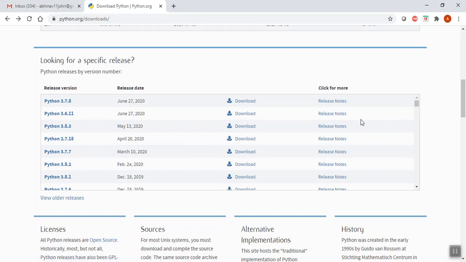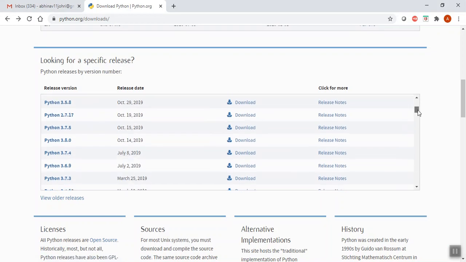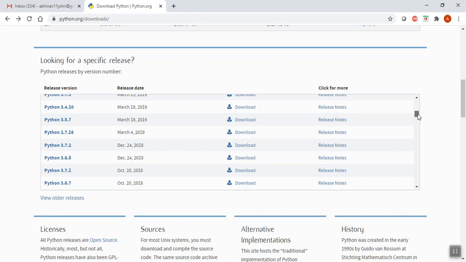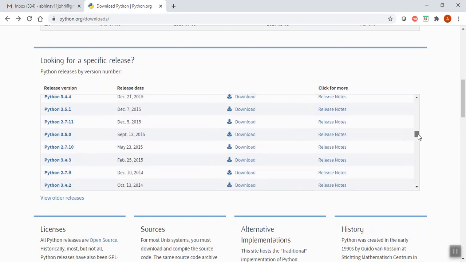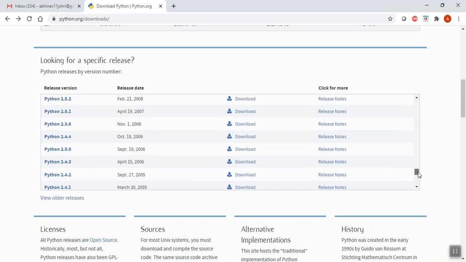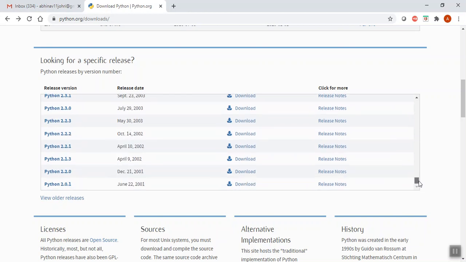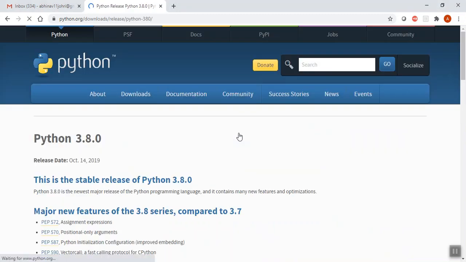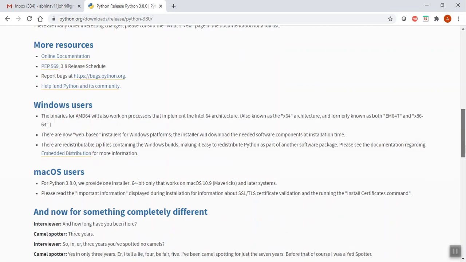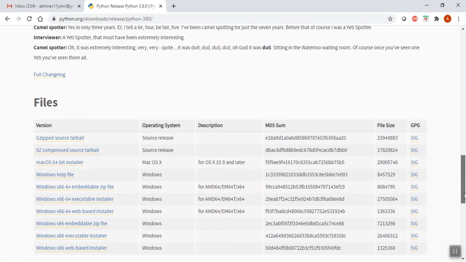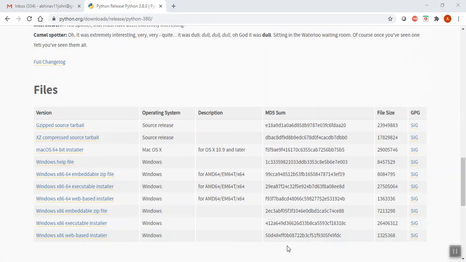Let's see, 3.8.0 should be there. Here you can see 3.8.0. Let me go and download this. See, this is a stable release of Python 3.8.0. Now go here and download the installer file.